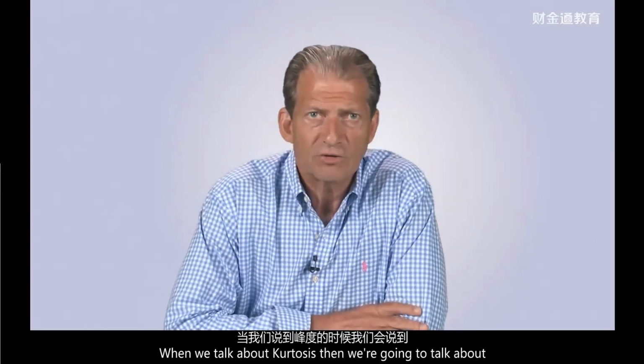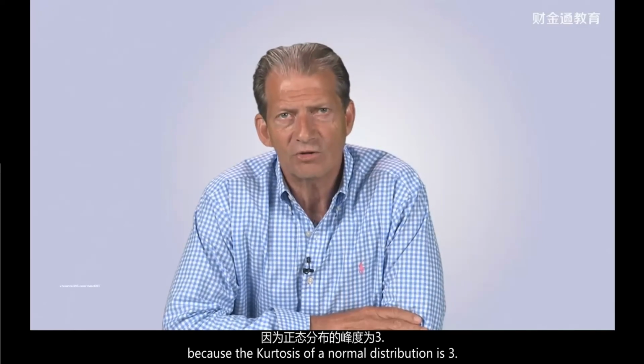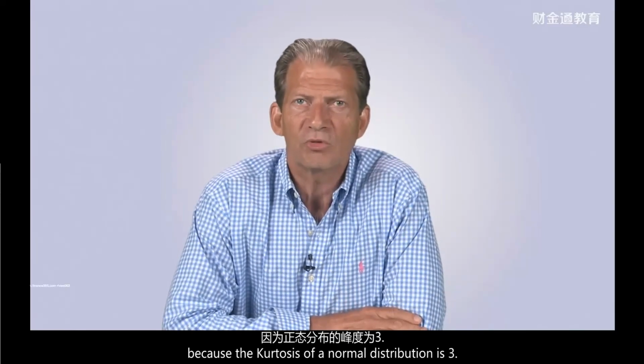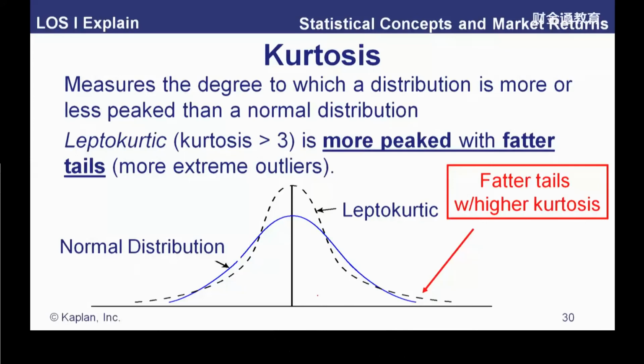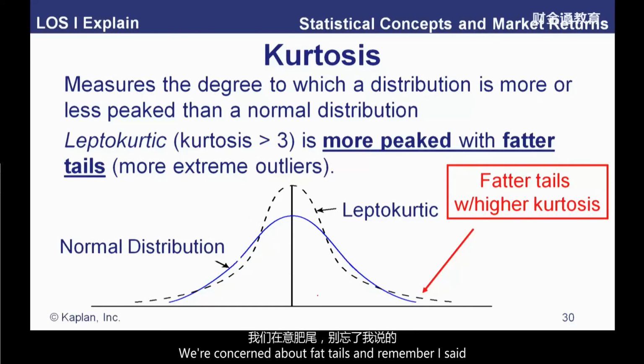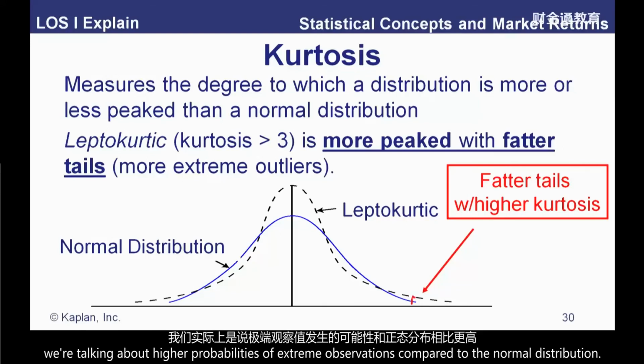When we talk about kurtosis then, we're going to talk about excess kurtosis, because the kurtosis of a normal distribution is 3. Now here we've shown a leptokurtic distribution, it is more peaked. It's higher in the center there, and the tails are fatter. And that's what we're concerned about, is fat tails. Sorry, found that humorous. We're concerned about fat tails. And remember, I said the height of this distribution is the probability. So when we talk about fat tails, we are talking about higher probabilities,